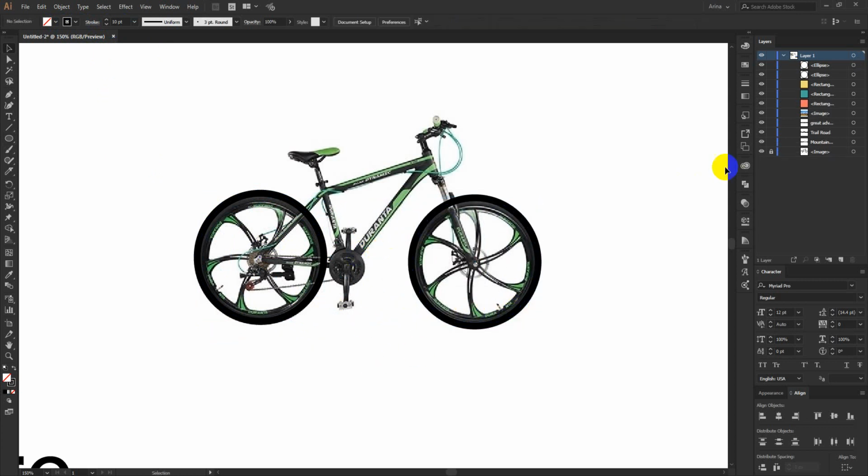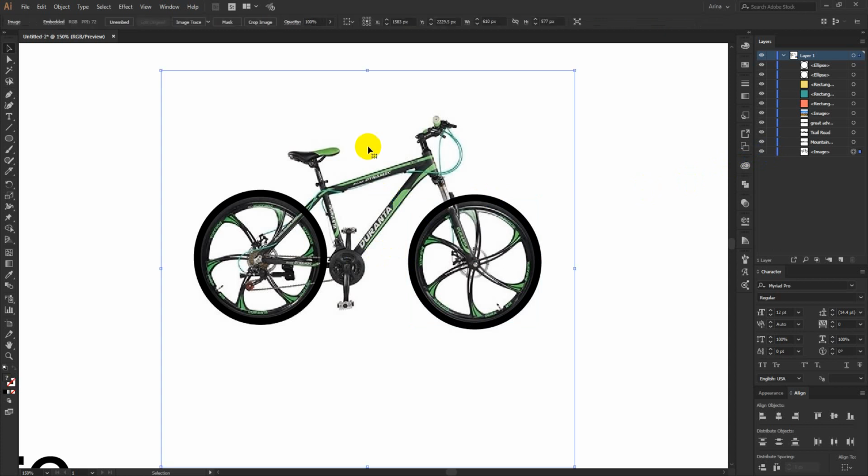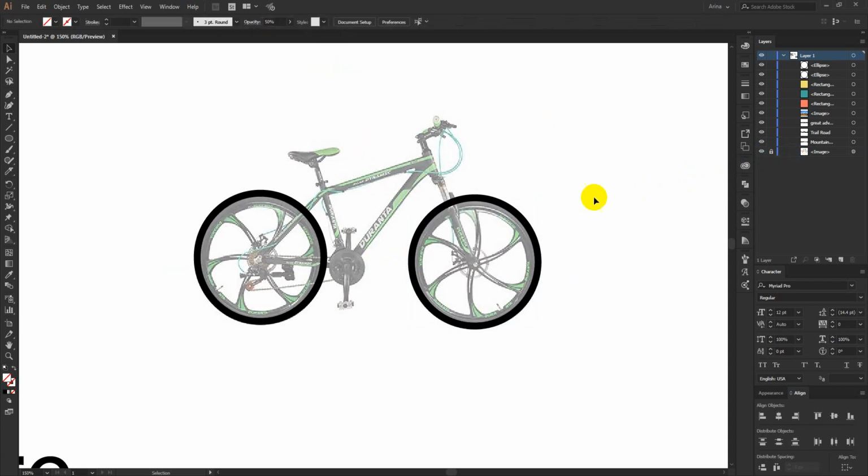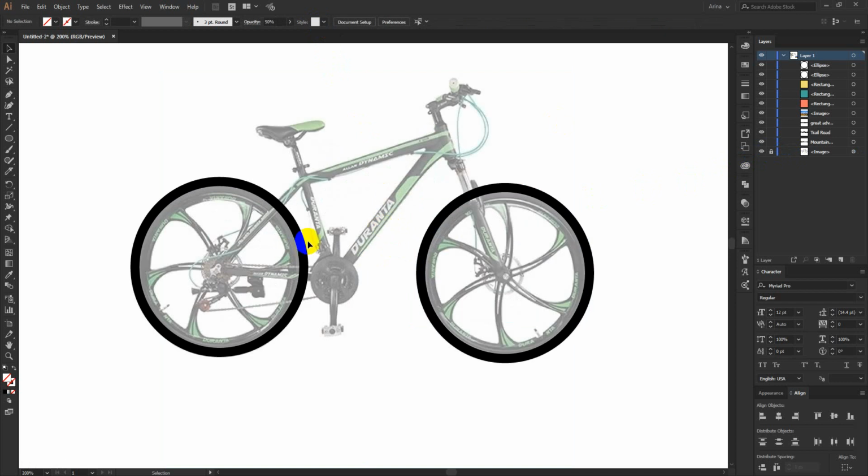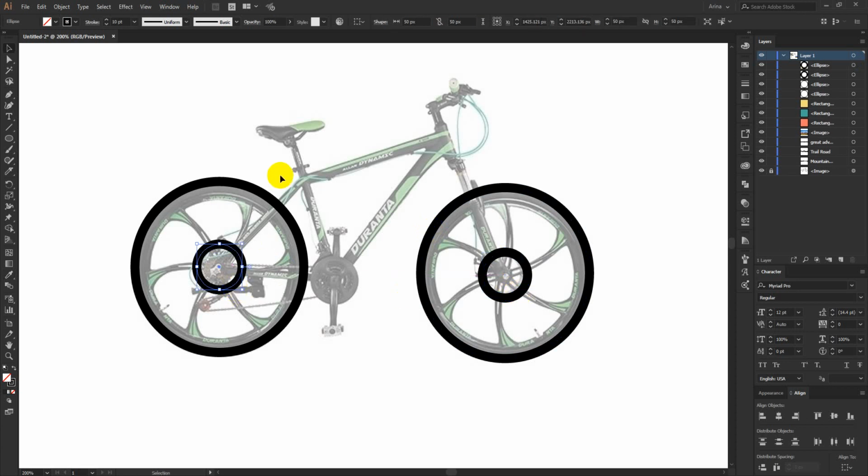Before that I can maybe decrease the opacity a bit so that I can see my shapes a bit better. Now if I make my own vector, there will be no copyright, so you will never face any copyright issues or any other problems creating your own vectors.